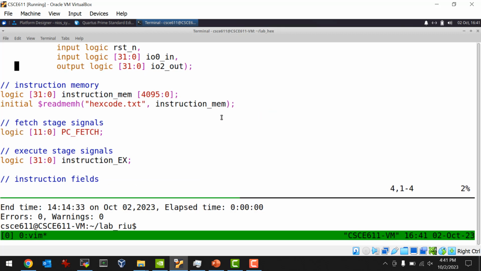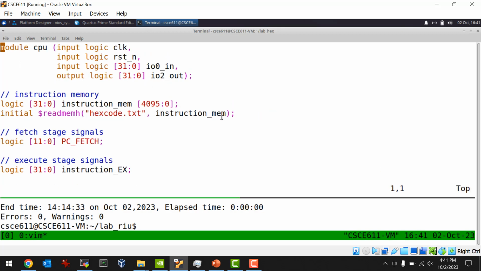That's too much. That's too much. Okay, there we go. Is that more readable? Yeah. Okay, so